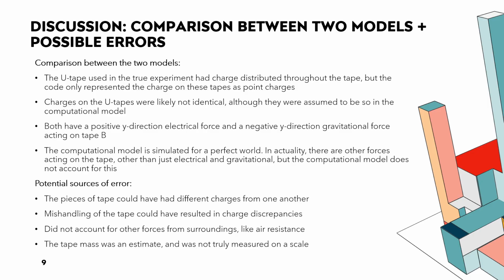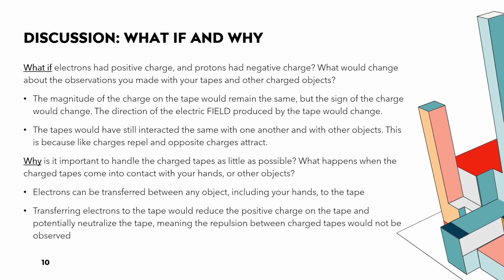As for potential sources of error, we have that the pieces of tape could have had different charges from one another. Mishandling of the tape could have resulted in charge discrepancies. We did not account for other forces from the surroundings, like air resistance, and the tape mass was an estimate and not truly measured. To answer the what if question, it would be that the magnitude of charge on the